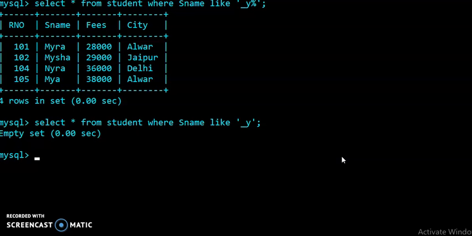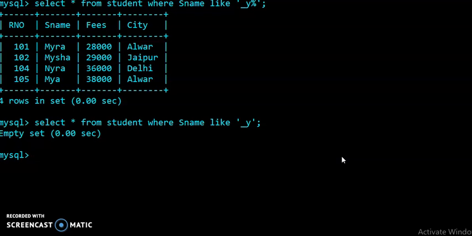Okay, so students, you know that the delete command is used to remove records from the table. If you want to delete all the records from the table, then you can do so, and if you want to delete only specific records from the table, then you can do it with the use of the where keyword. So I am giving the example in both styles to you students. Okay, so you can see here